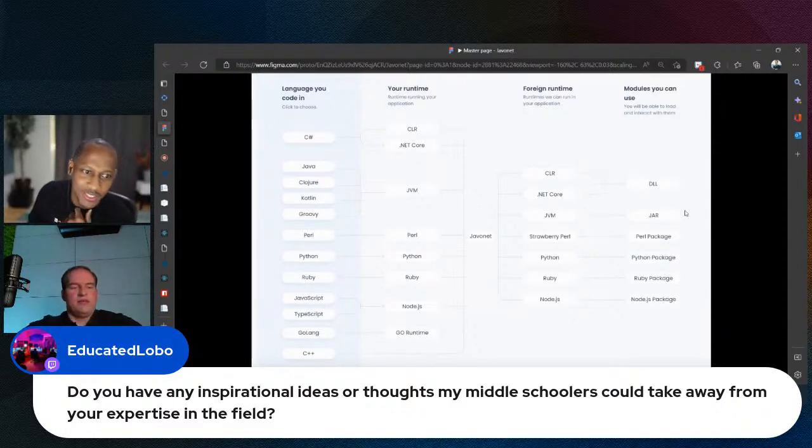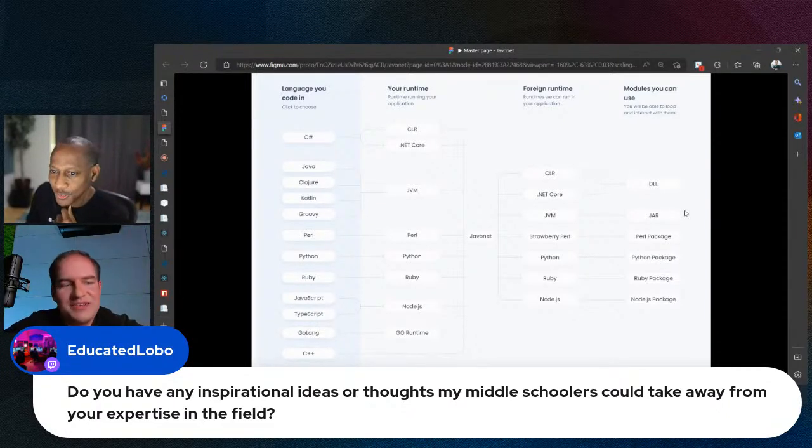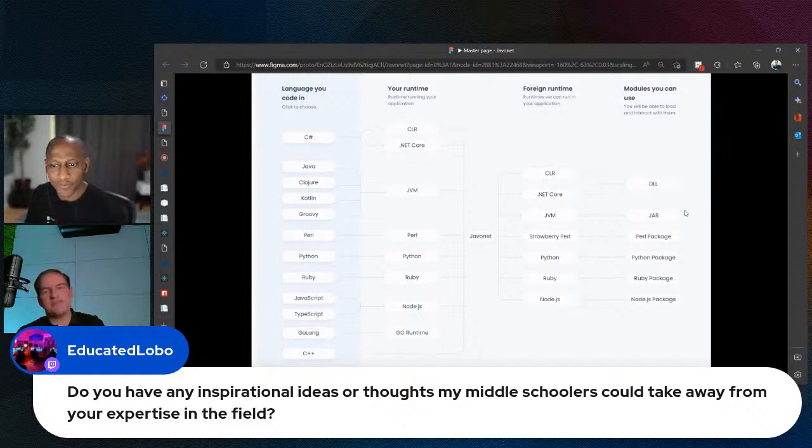Any inspirational advice? So we have one inspirational advice. The goal and the vision of Javonet is in fact to tell the young developers that there are no boundaries between programming languages, because that's what we grew up in. We all know that you cannot use Python from Java or .NET from Node.js, but we want to change that perception. And we believe that when the young developers grow up with that vision that there are no boundaries and you can use whatever you like, they will start figuring out things that we never thought about.